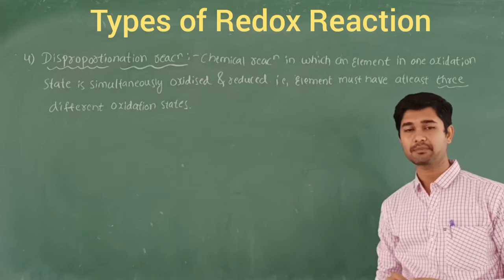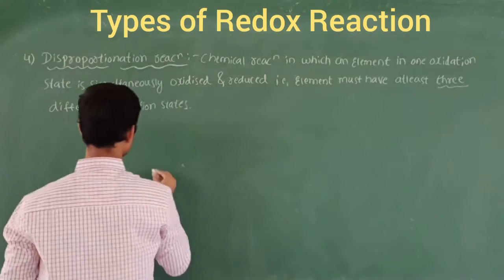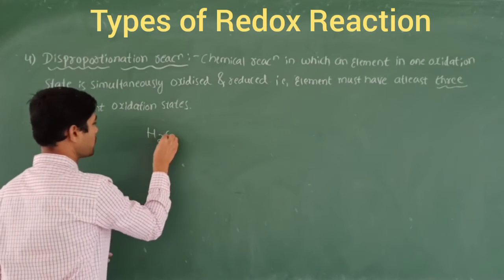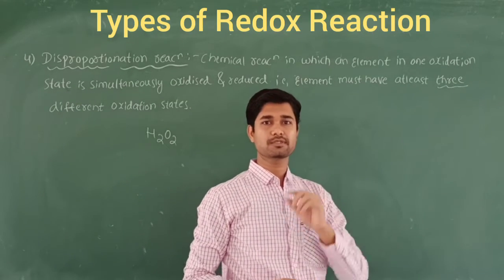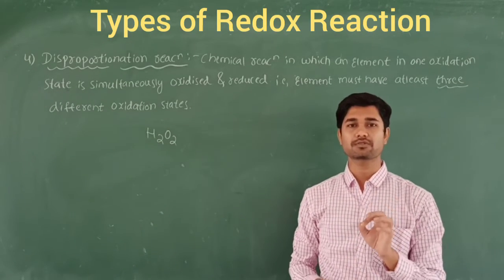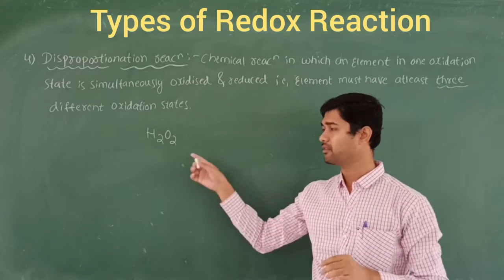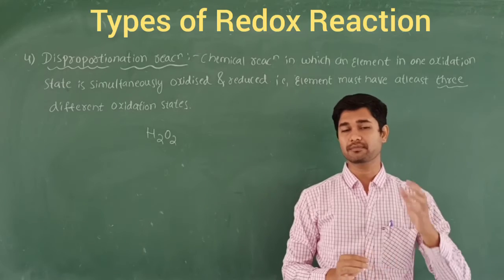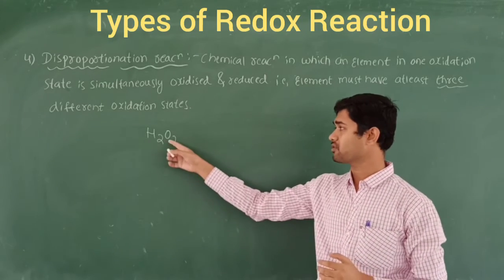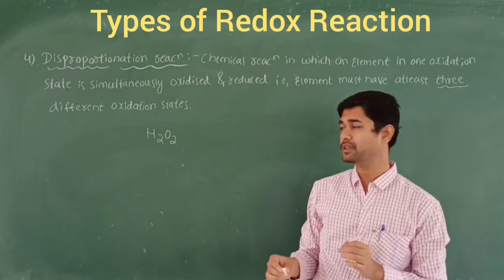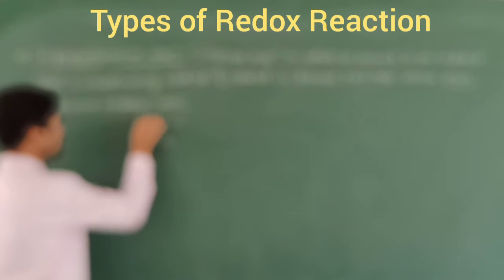So let's take an example to understand this definition. I am going to take one example, that is called hydrogen peroxide. One of our rules says that in oxidation number, the oxygen valency, that is our oxidation number, is always -2, right? But in the case of some exceptions like hydrogen peroxide and sodium oxide, the oxidation number for oxygen comes to -1. So that comes to -1. And the hydrogen will be +1.